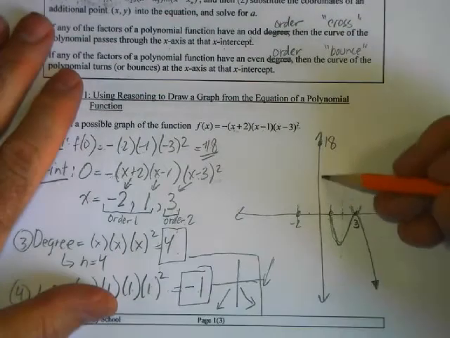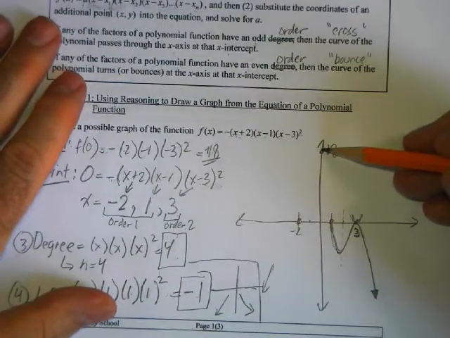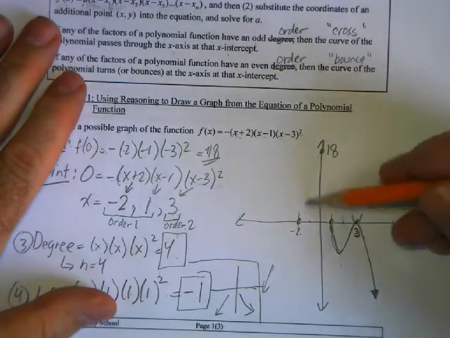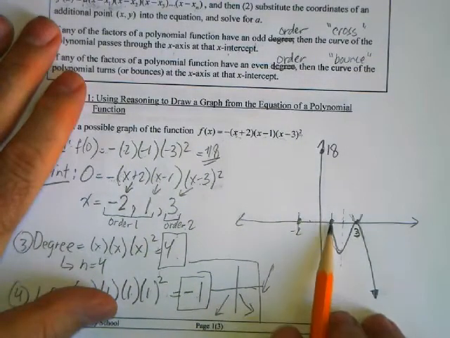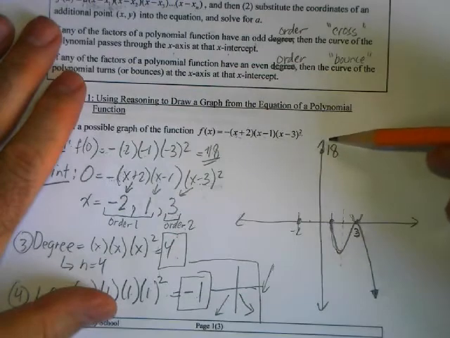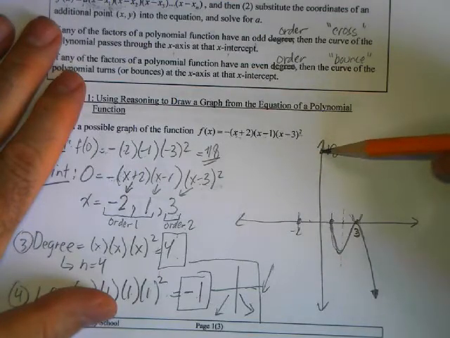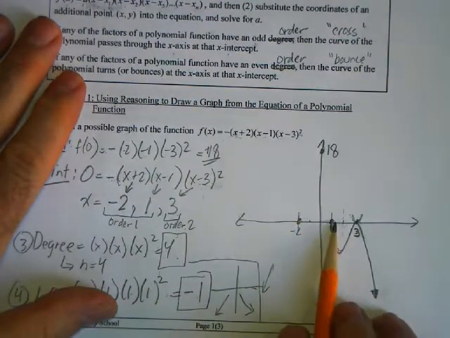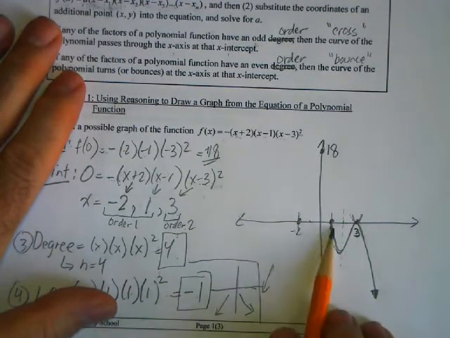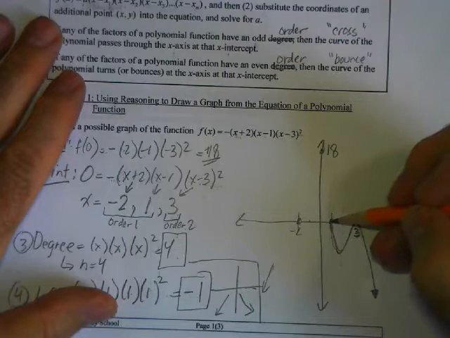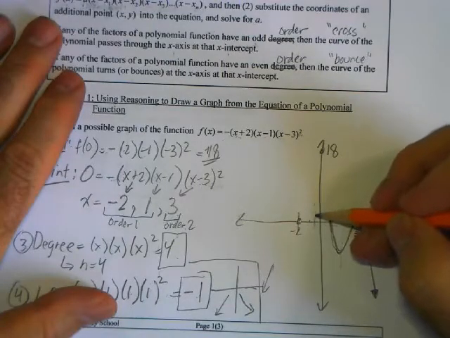now this is going to go up, and it's going to go through 18 for sure, because we know that's the y-intercept. But we could do a little bit better than just connecting up there and coming back down. So again, I know when I come back down here, it'll probably be a global max up here somewhere. It's not necessarily at 18. It could be, but we can't tell for sure. So again, just like we found the midpoint between these two x-intercepts, this one's at 1, this one's at -2, so a difference of 3. So if we go 1.5 in between,